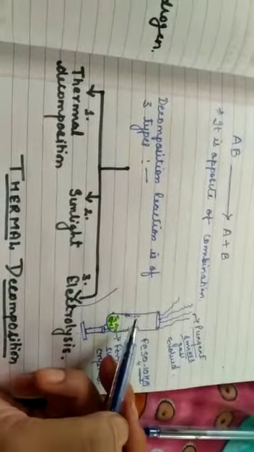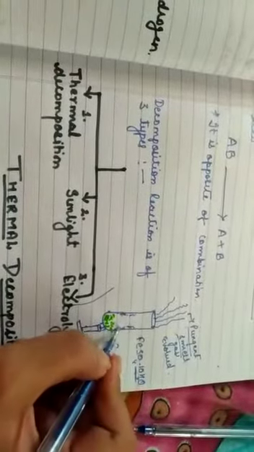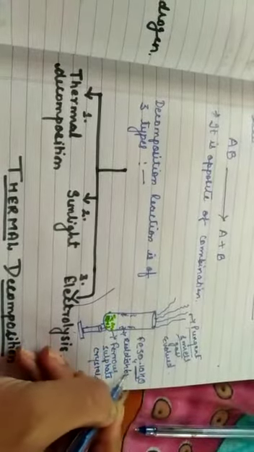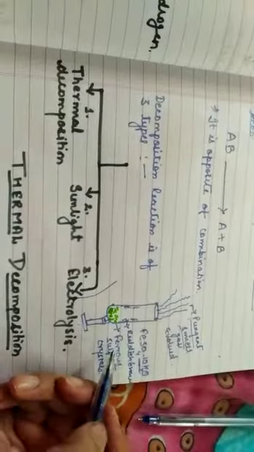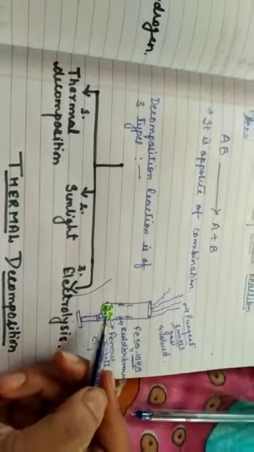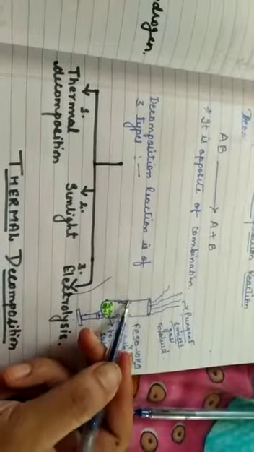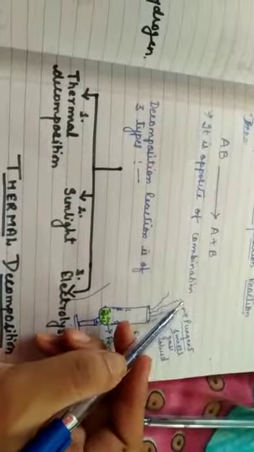And the next thing is that after heating more, this green color will convert into reddish brown. So three observations we have seen. First, the ferrous sulfate changes into reddish brown. Second, the water molecules present in ferrous sulfate will be on the walls of the test tube. And the third, a pungent gas is evolved.